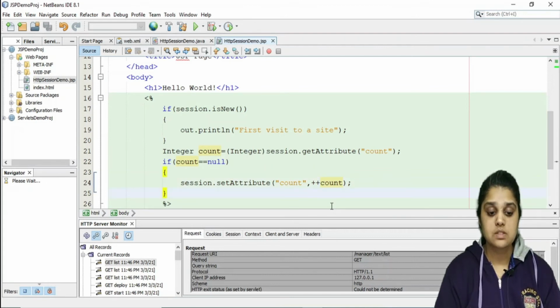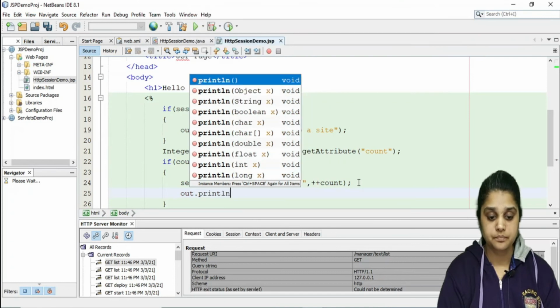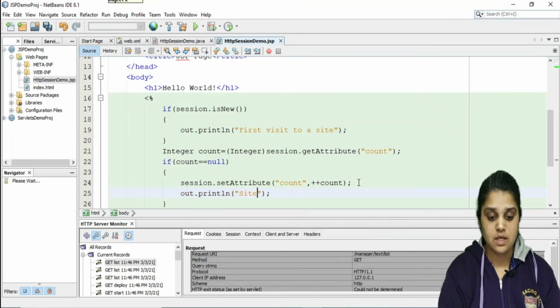Now we'll just print a statement, site visited, site visit count plus the count variable.